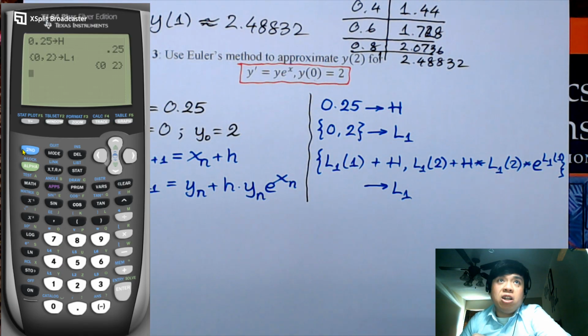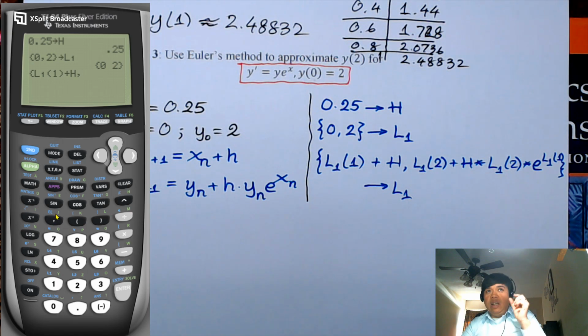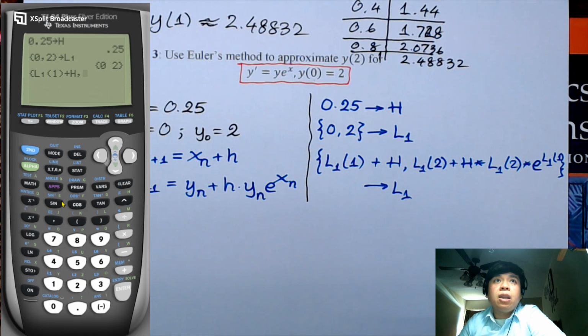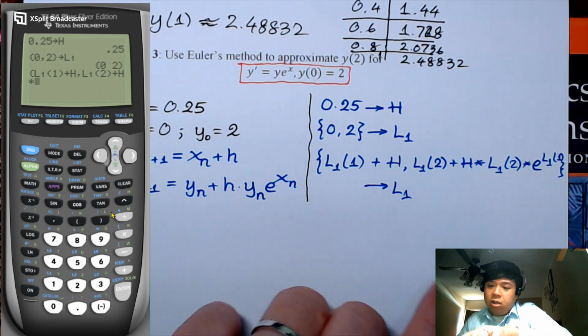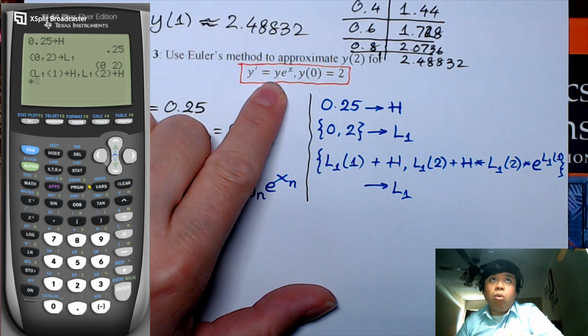Now the updating step. L1 of 1 plus h. So that updates the x, plus h gives us the new x. And then y plus h times the function gives us the new y. So the old y plus h times the function, which is y e to the x,